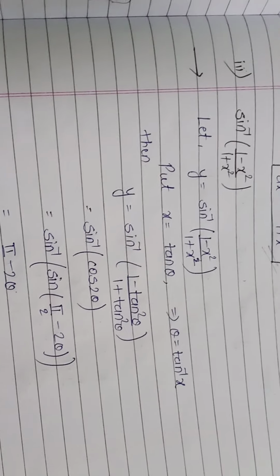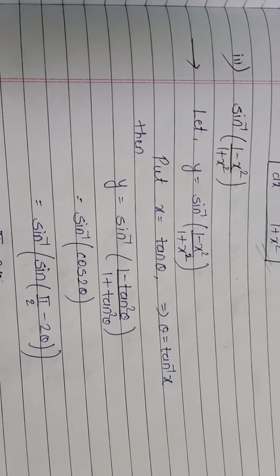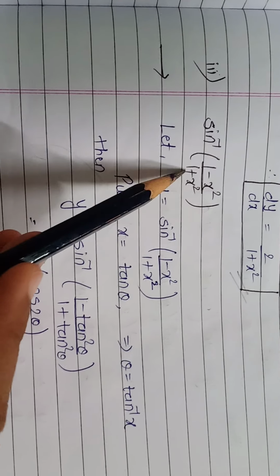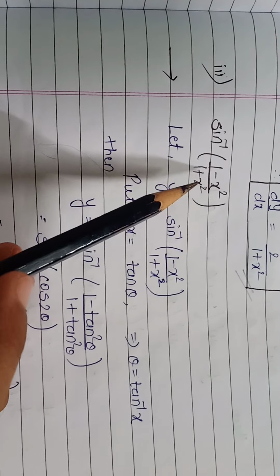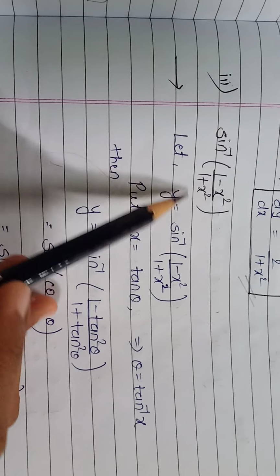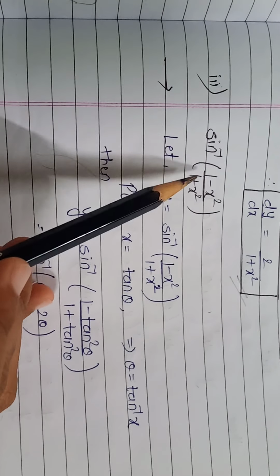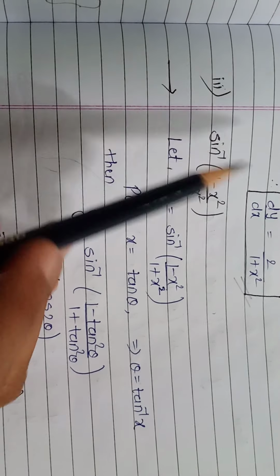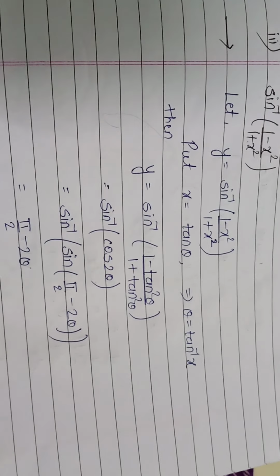Hello. Today we'll start question number 3 and third example from that. So it's sine inverse of (1 minus x square) upon (1 plus x square). Now we very well know that this is in a format like the cos 2 theta formula, right? But it comes under sine. So what can we do? First we'll convert this into cos 2 theta and then we'll convert cos to sine angle, right? We know how to convert cos and sine angles into each other.